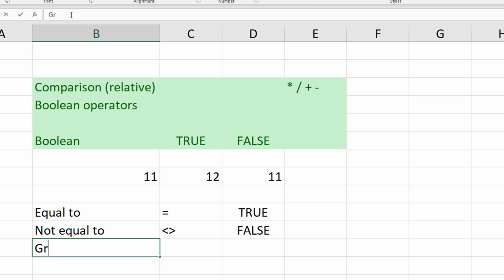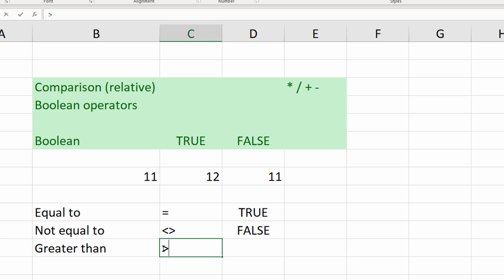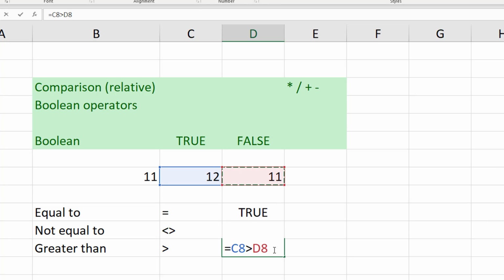So the greater than symbol is this, where we have the open end of a bigger than sign, and we have a smaller one towards the end of that sort of arrow. So now we can try this. Let's do C7 greater than D8, C8, sorry, D8, press enter. This is true. 12 is greater than 11. But if I tried B8 greater than D8, they are the same thing, we are going to get this